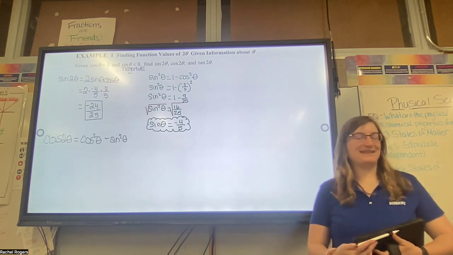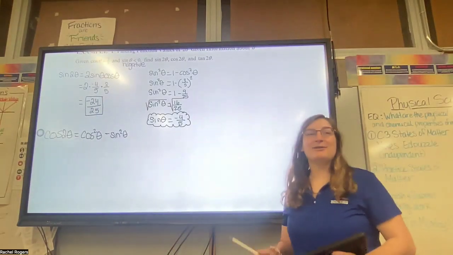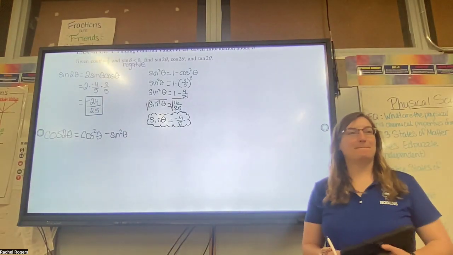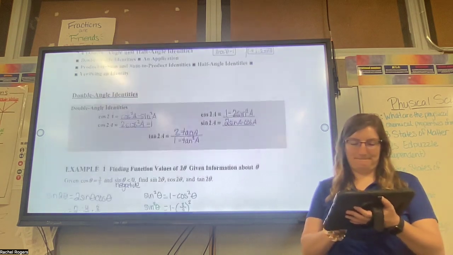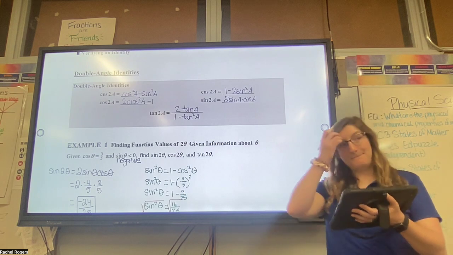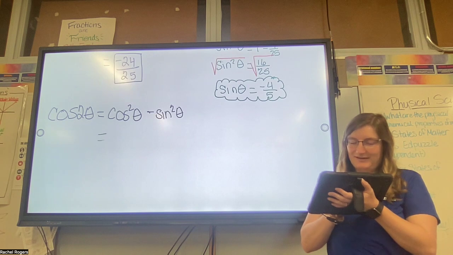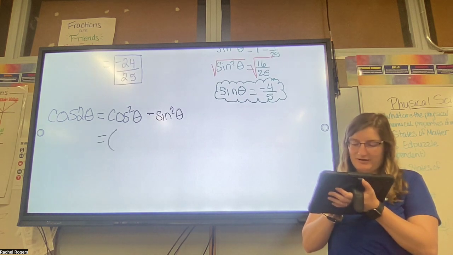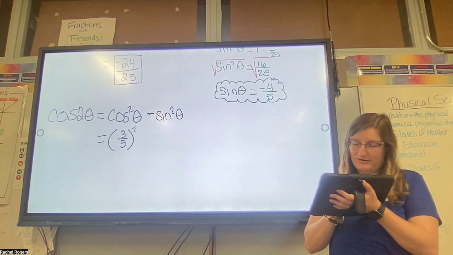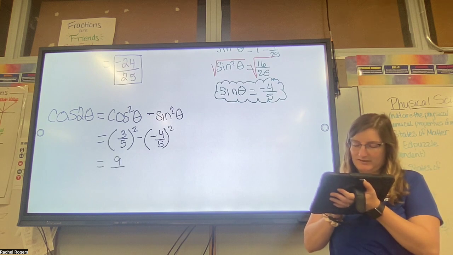Cosine squared minus sine squared, yeah. I started questioning what I wrote down. Oh yeah, I need that. Okay, so I did write that down. So cosine squared would be 3/5 squared minus sine squared, which is negative 4/5 squared, so 9/25 minus 16/25,